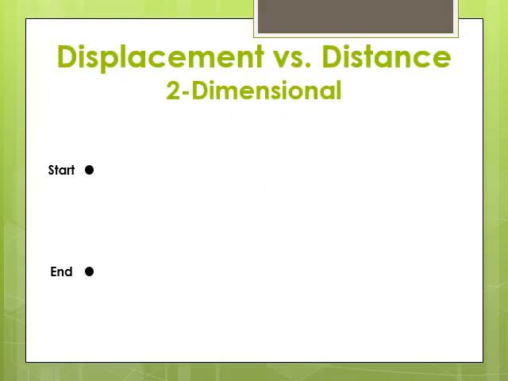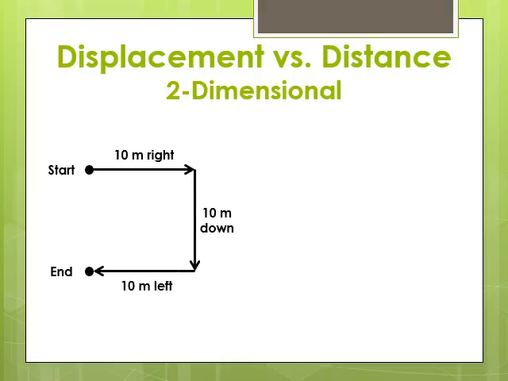Here we have an example of the difference between distance and displacement. Now we've talked about the difference between distance and displacement when we said that something moves 8 meters to the right and then 3 meters to the left and then 5 meters to the right, and then we talked about how the total distance traveled and the displacement are different. Here we have 10 meters to the right, 10 meters down, then 10 meters to the left to get from where we started to where we ended. Now if we looked at the total distance traveled, we would say 10 plus 10 plus 10 gives us a total of 30 meters. But it wouldn't make sense to put a direction on that because we got right, down, and left,